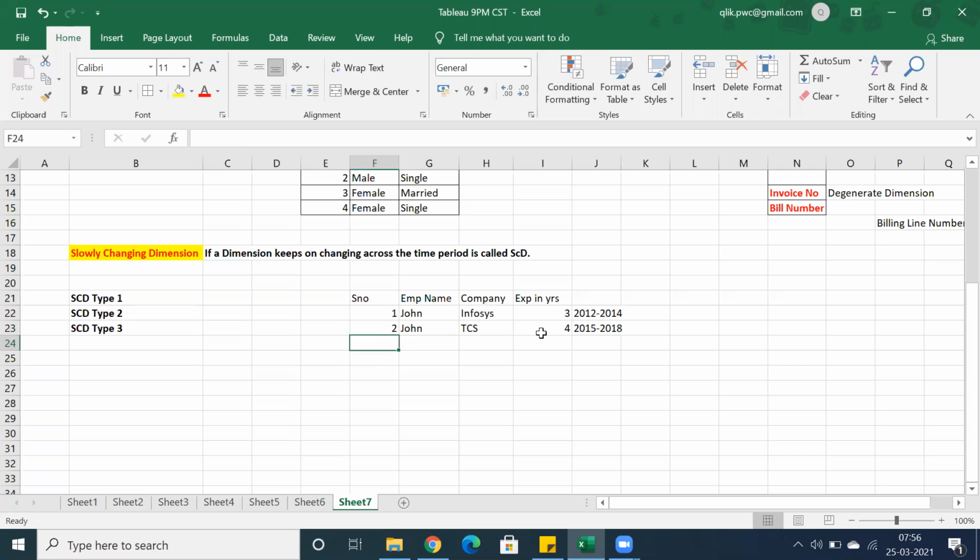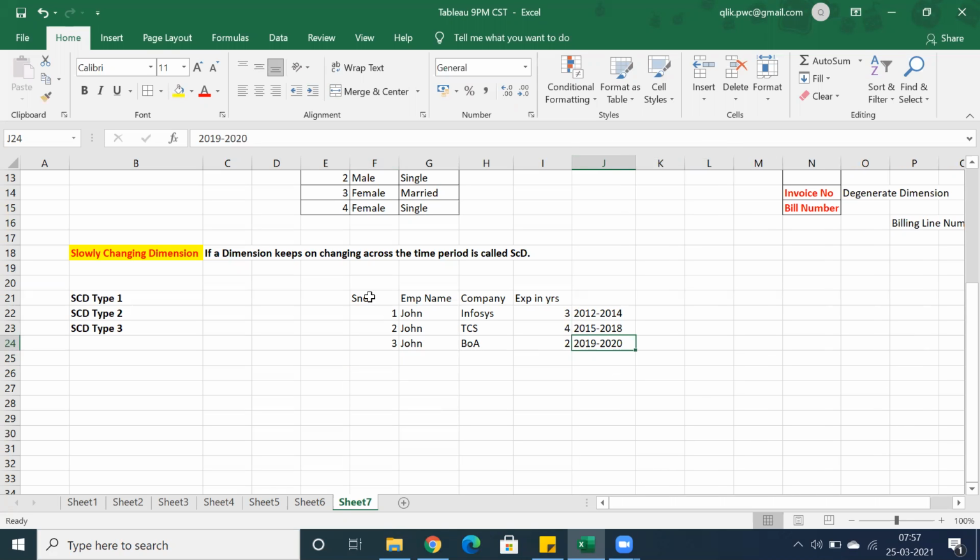So he worked for TCS for 4 years, and let's say he got another opportunity, Bank of America, and he worked for a couple of years, 2019 to 2020. Now in 2021, let's consider till 2020.